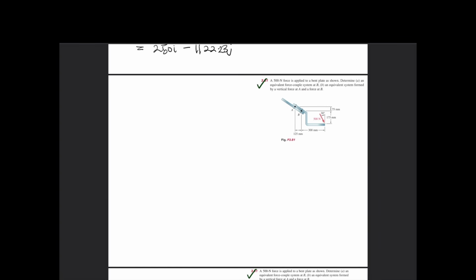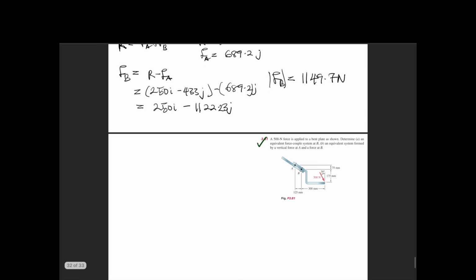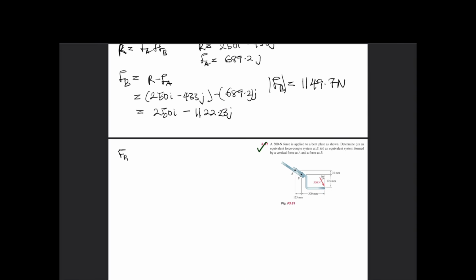So we can also calculate the direction of our FB, and that direction is simply arctan of the y component over the x component. That will be arctan of 1122.23 over 250, which will give us